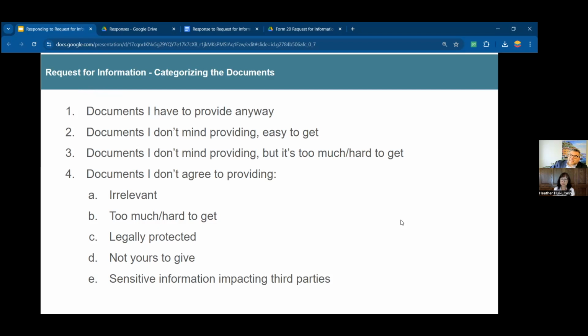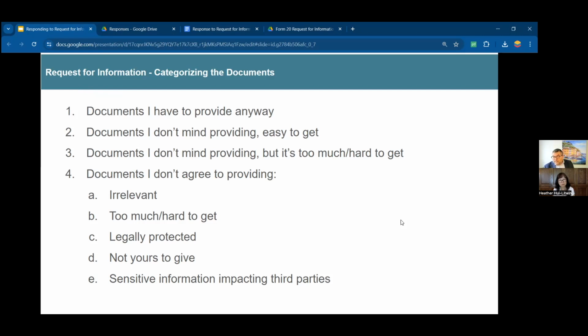And then the last column. As you go through the list, you're going to say, well, there's some things I don't want to provide. You're allowed to say, I don't want to provide something, but you have to justify it. I've given here 5 justifications, not necessarily that you're not going to provide it right away, but maybe you won't provide it.